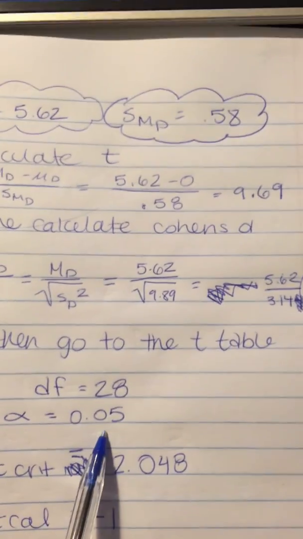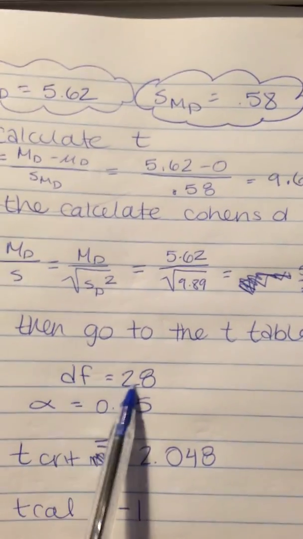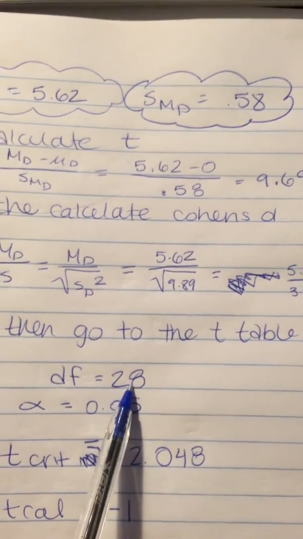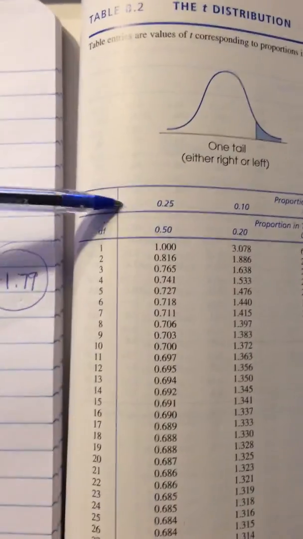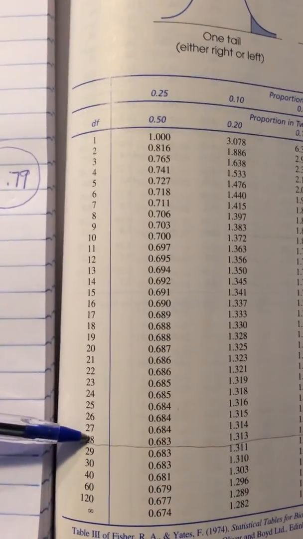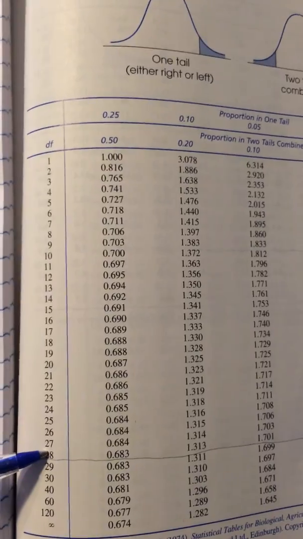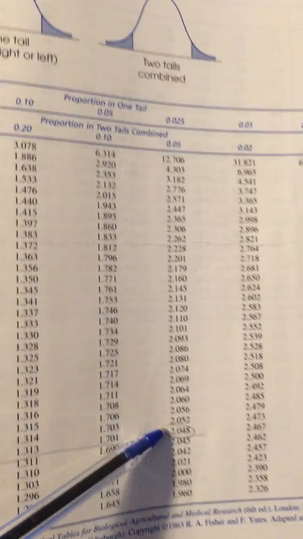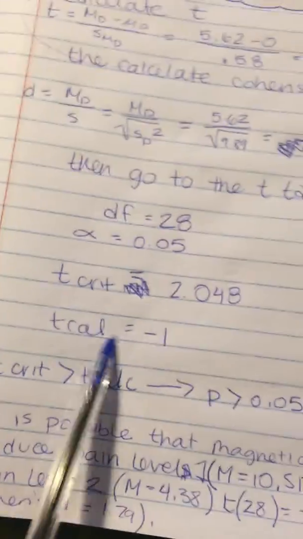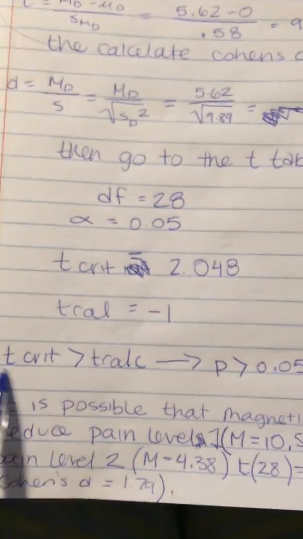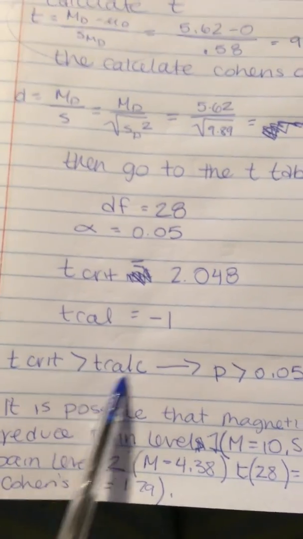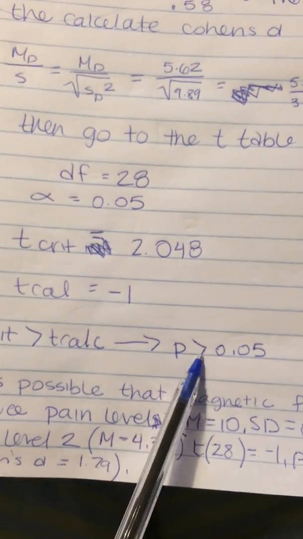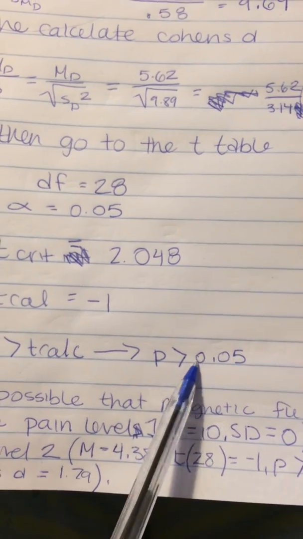Then we have to go to the T table. You have to find the degrees of freedom, which is 28. You come over here, get 28. Then the alpha is understood to be 0.05, and our answer becomes 2.048. The T-calc is 9.69, and the T-crit is smaller than the T-calc, with a P less than